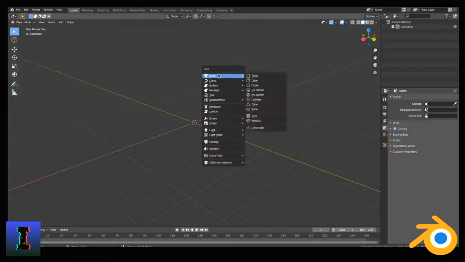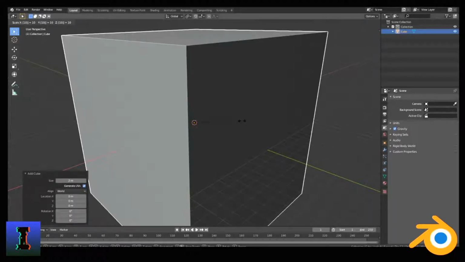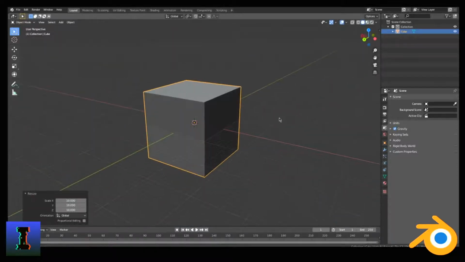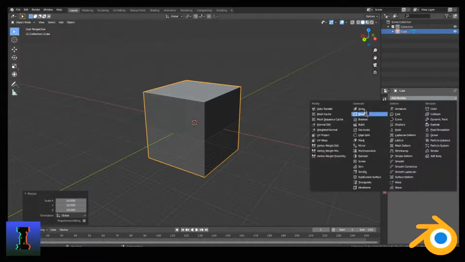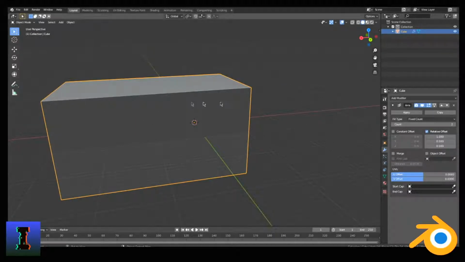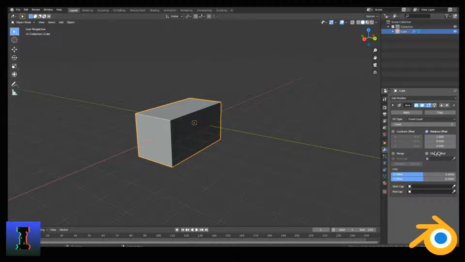Shift A, add a mesh. We're going to use a cube. We're going to scale it to be 10, and then we can zoom out like this. So now what we need to do, we need to go straight over to this modifier tab here, and we just need to add an array. So you see it's basically just got bigger, wider, and that is because we haven't used this amazing option here